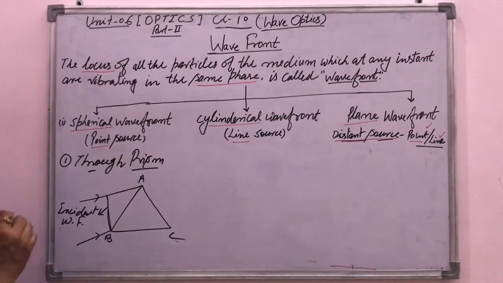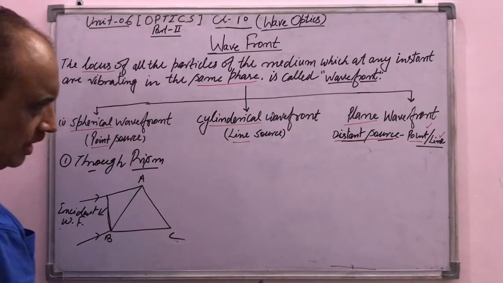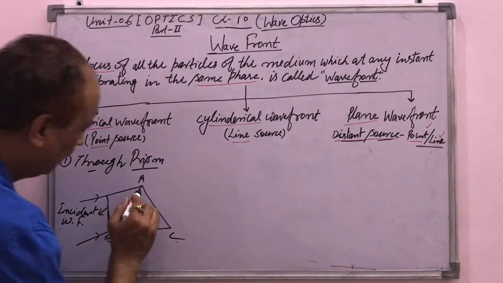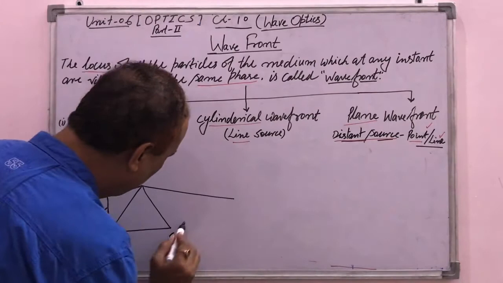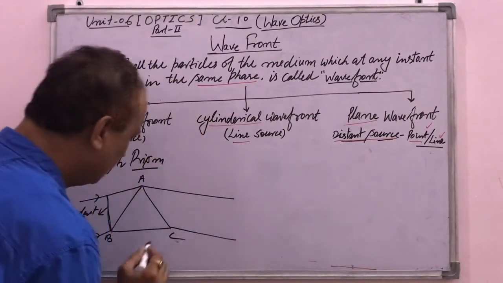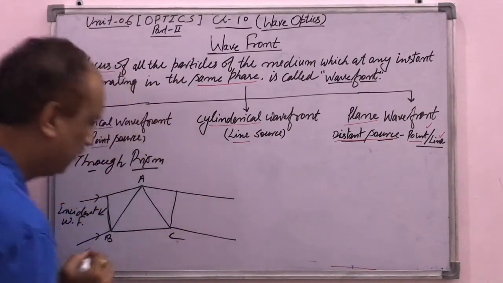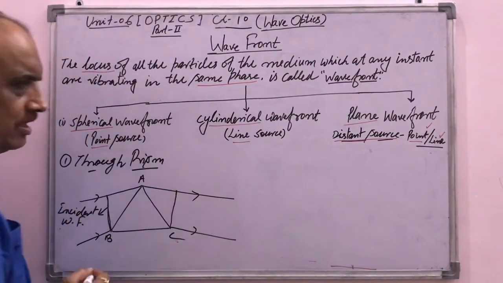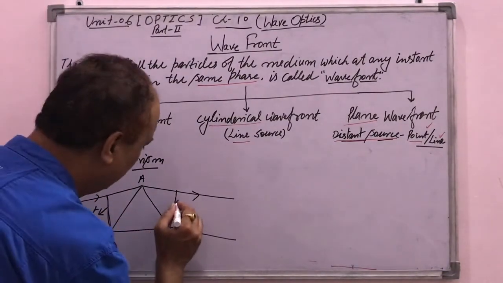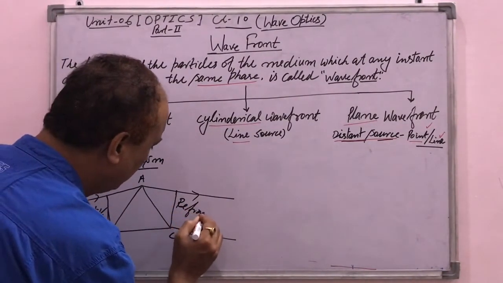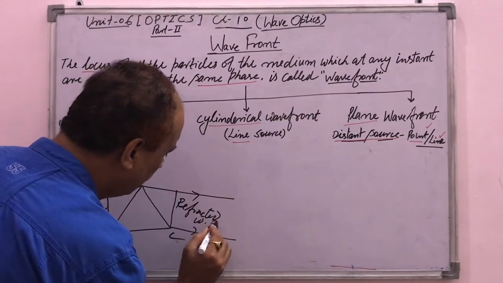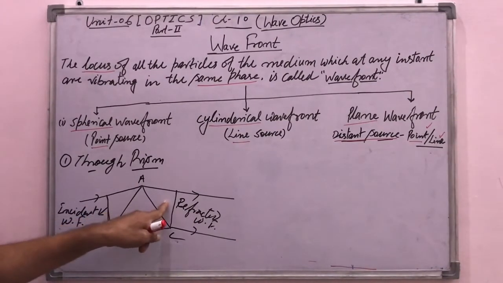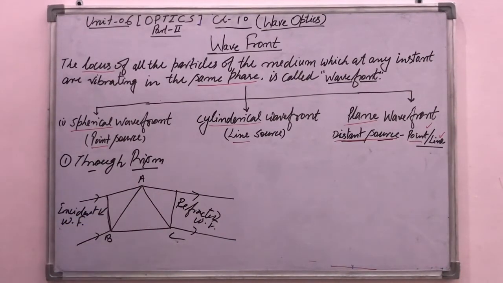When these rays are incident on the prism, we know the nature of the prism: the rays incident on it will be refracted. After refraction, suppose this is another ray and the next ray is like this. In that condition, when we draw a perpendicular line between these refracted rays, this line indicates the refracted wavefront. So this is the diagram for the prism: it's an incident wavefront, it's a refracted wavefront. We can draw the nature of the wavefront here.